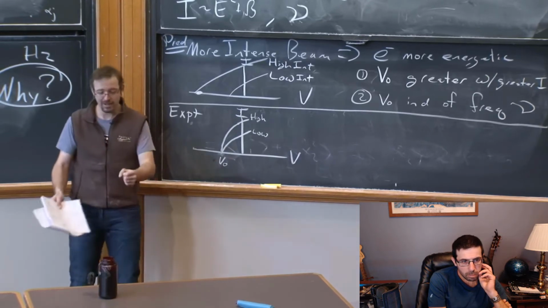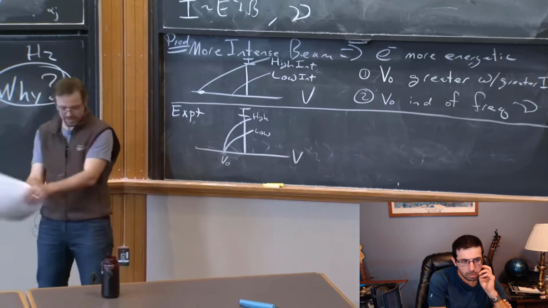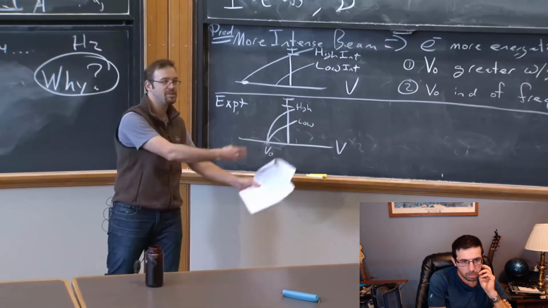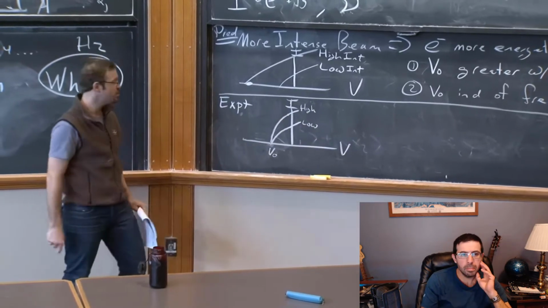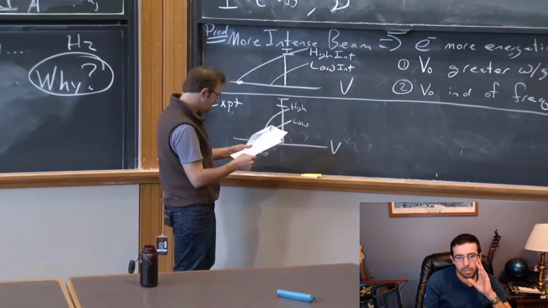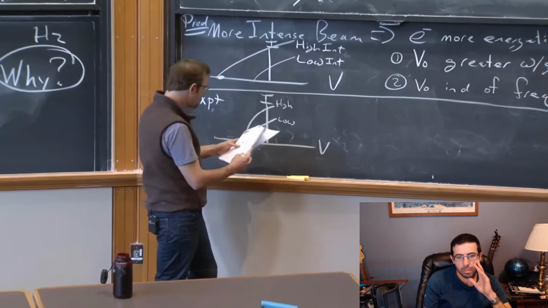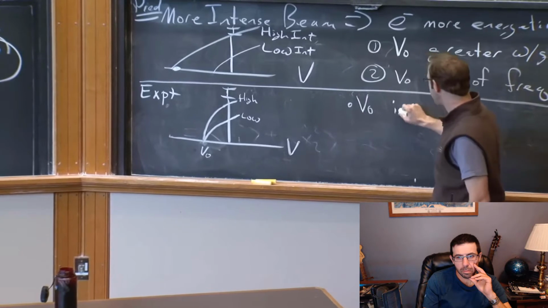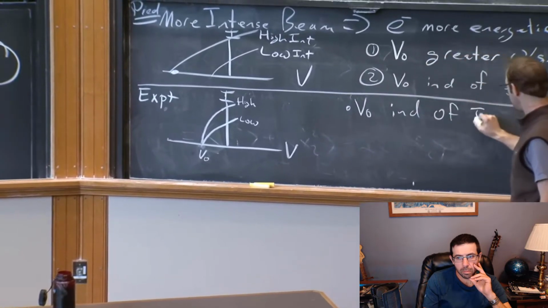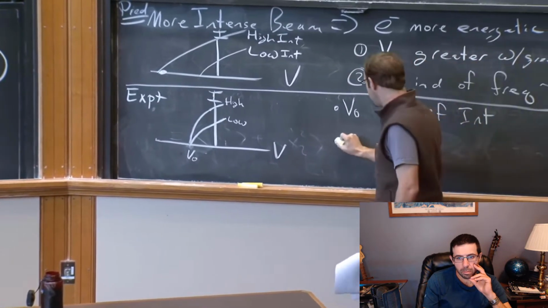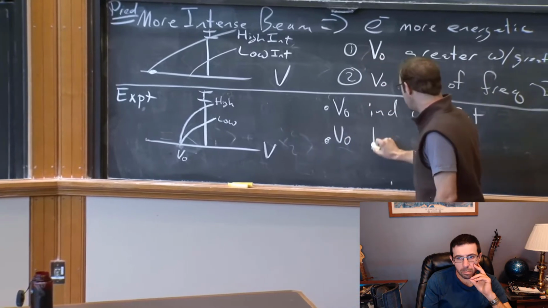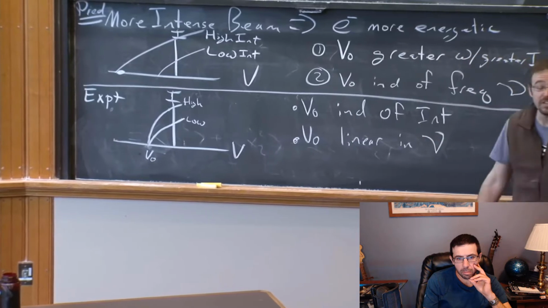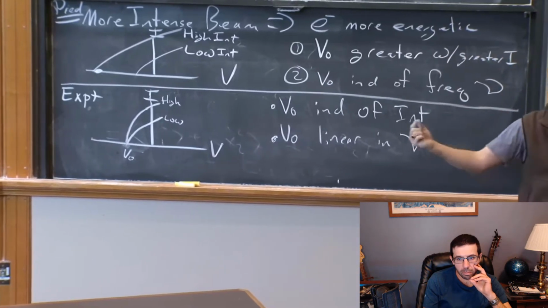This should be like taking a baseball and hitting it with a really powerful swing or a really weak swing and seeing that the electron dribbles away with the same amount of energy. This is very counterintuitive. But, so more surprisingly, V naught is actually independent of intensity. But here's the real shocker. V naught varies linearly in the frequency. What does change V naught is changing the frequency of the light that's incident.